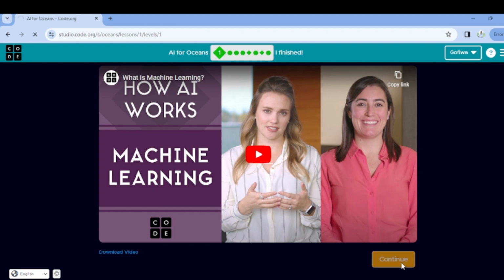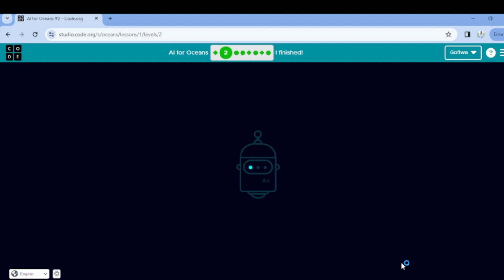So activity Aruna is based in the ocean. Recognition of animals and trash in the oceans. So already we are given instructions and guidance on what the activity does. What we have to do is to follow the instructions. We are training our AI, or in a way that we want it to be trained. So in level 2, we are training AI so that it is able to recognize the difference between